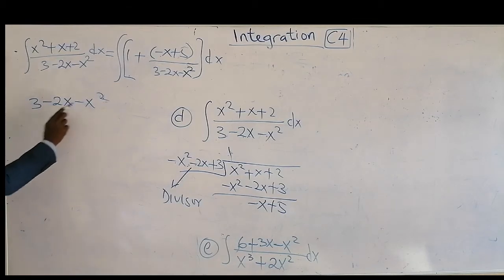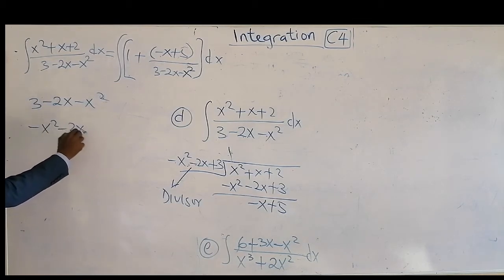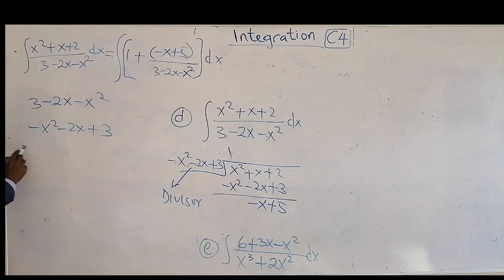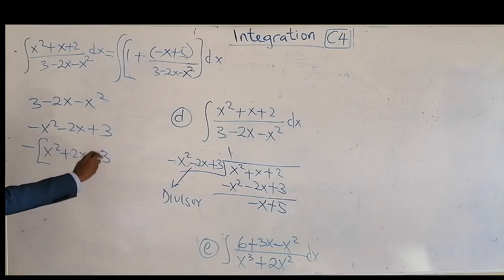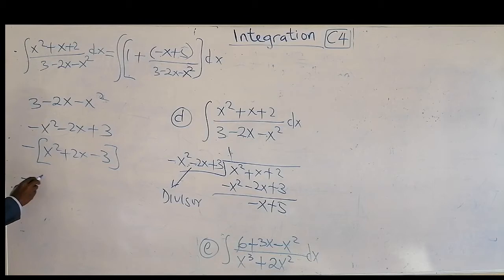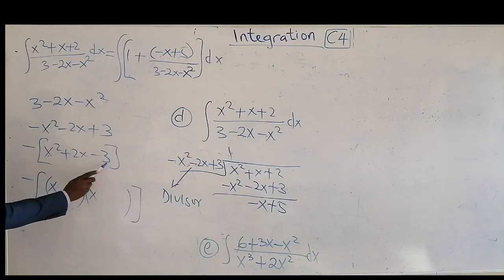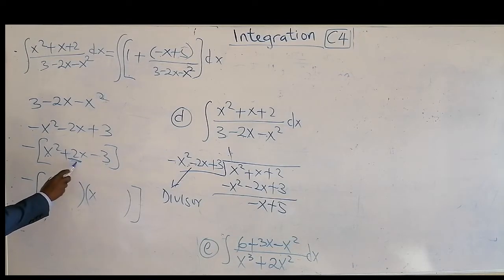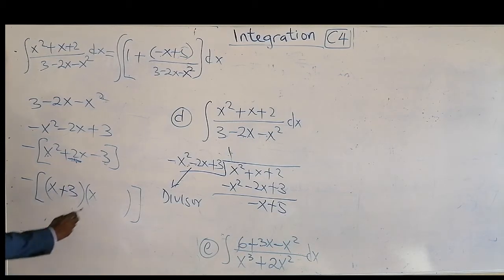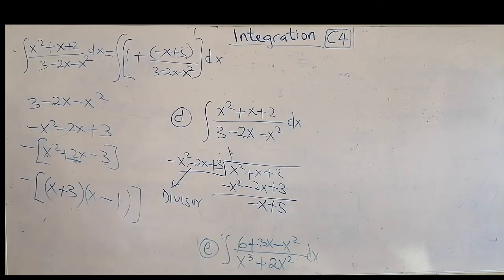So this is what we do. This one, minus x squared minus 2x plus 3. Can you take minus out? Factorize the negative. So we have x squared plus 2x minus 3. And that will be equal to minus, this one you can pair, 1 here, 1 here. Factors of 3 that can give you plus 2, either by adding or subtracting. Factors of 3 are 3 and 1. So how do you use 3 and 1 to get plus 2? That will be plus 3 minus 1. And when you multiply plus 3 and minus 1, you get back this.